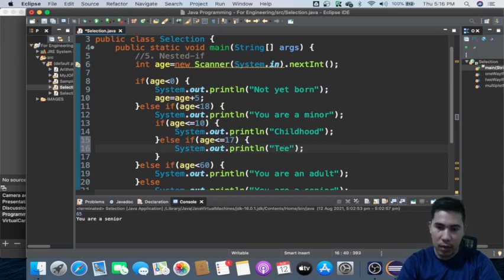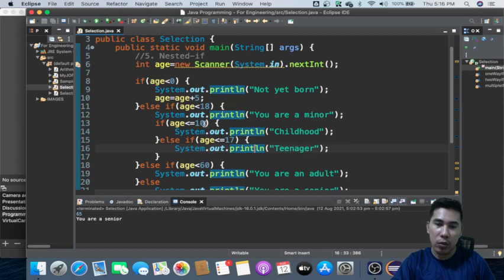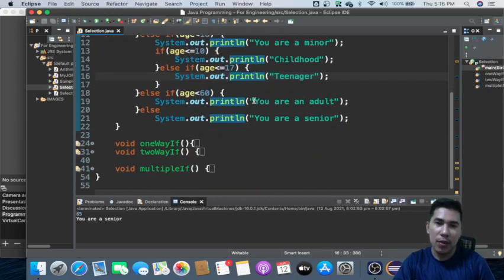Teenager. Okay, so it's going to be including 17 going to 11. That's teenager. And then for less than 10 to 1, it's going to be childhood, or I'm not certain, but that's the way it is. Okay, and you can keep on doing and doing, like middle adult, young adult,